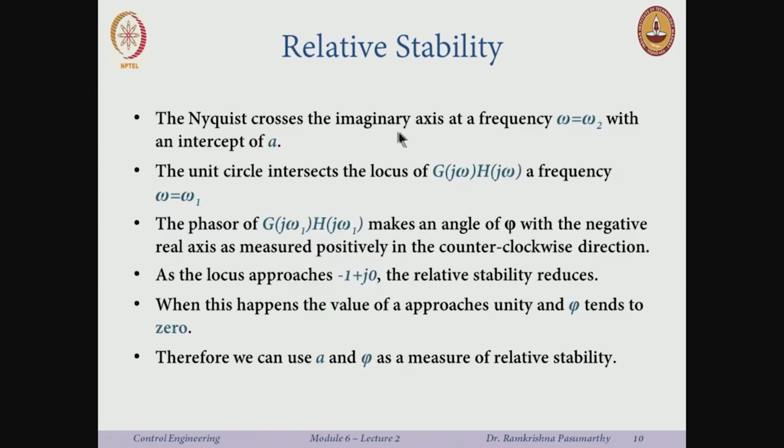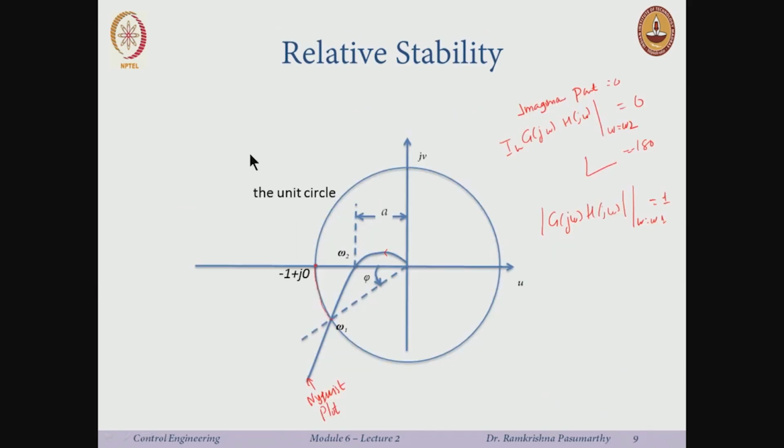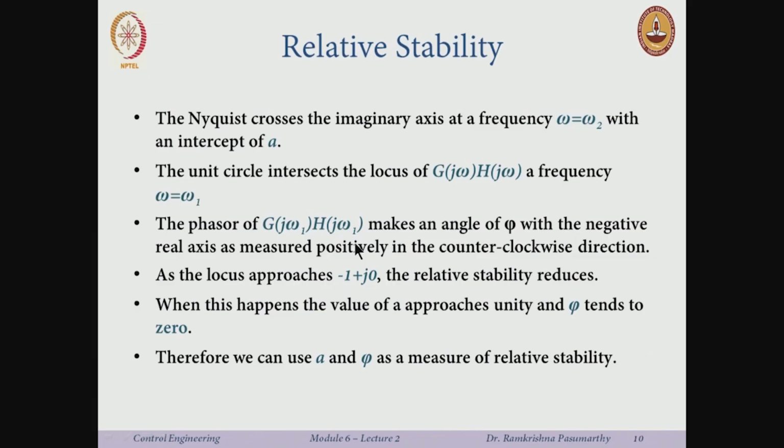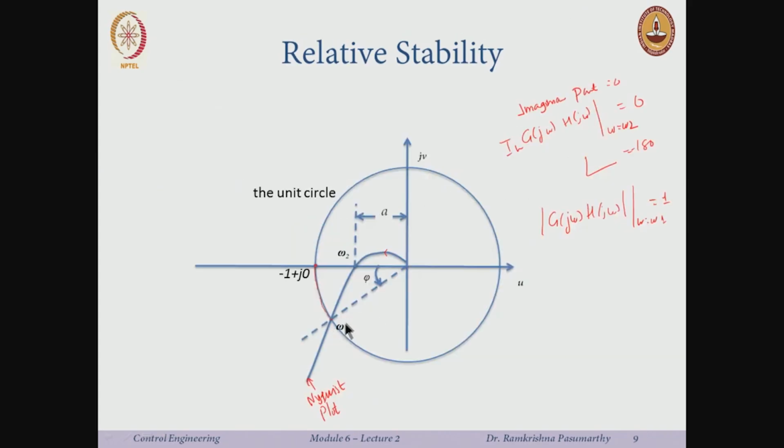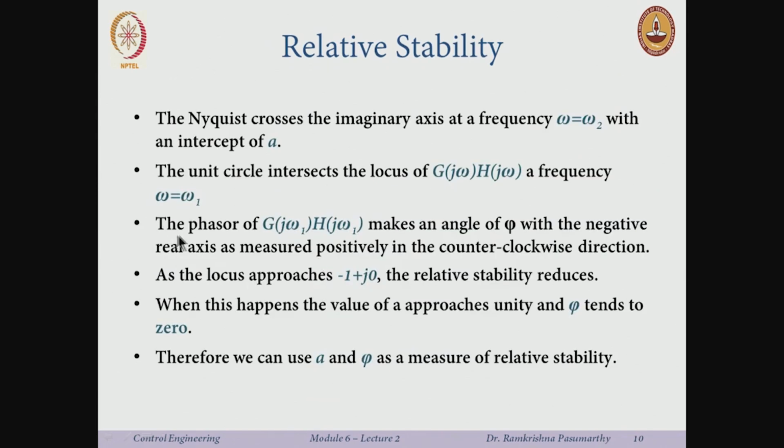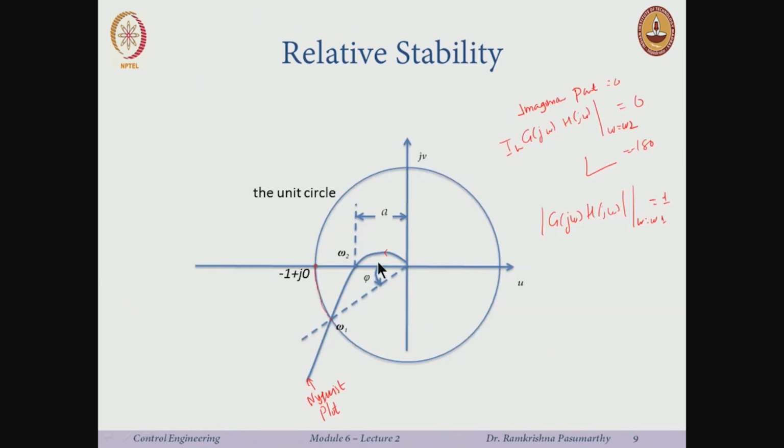So, the Nyquist crosses the imaginary axis at a frequency omega equal to omega 2 with an intercept of A, right, here omega 2, and this intercept is called A. Okay, and then the unit circle intersects the locus of G H at a frequency omega equal to omega 1 here, right. And I just draw this unit circle because this is the point of my interest, the minus 1 plus j 0. Okay. So, the phasor of this makes an angle of phi with the negative real axis. Again, the usual measurement is we measure positively in the counterclockwise direction, right. So, this angle phi from here till here,